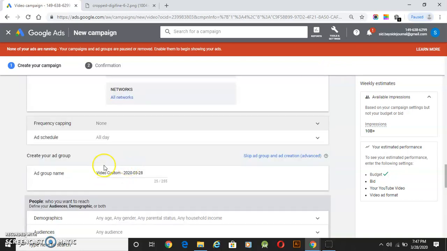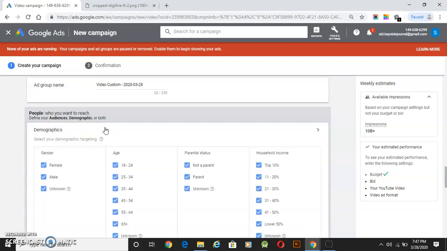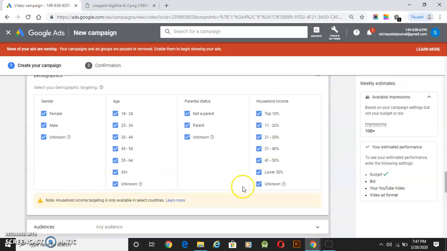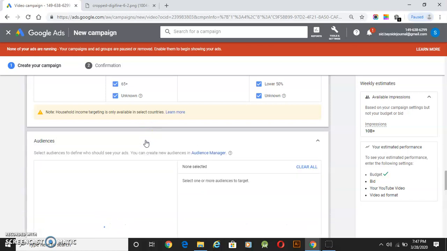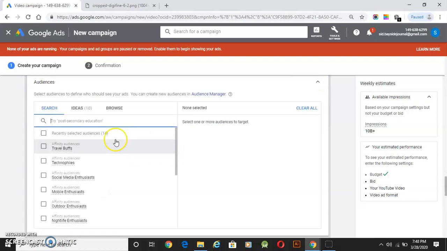Over here is your targeting option. First you need to name your ad group, and then you have to target on the basis of demographics, which is your age, gender, parental status, and household income, not active as of now for India and many other countries. They are available in select countries. Then is your audience, which is affinity audience and in-market audience, which we have also done in our previous session on the display network. So over here is what you get, this kind of options.